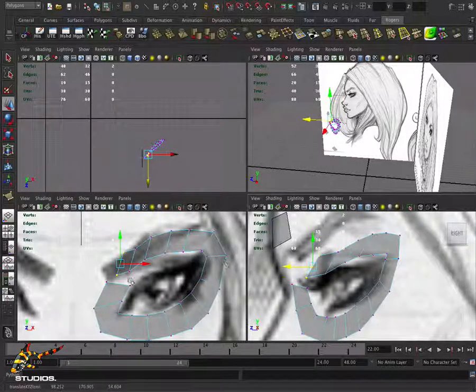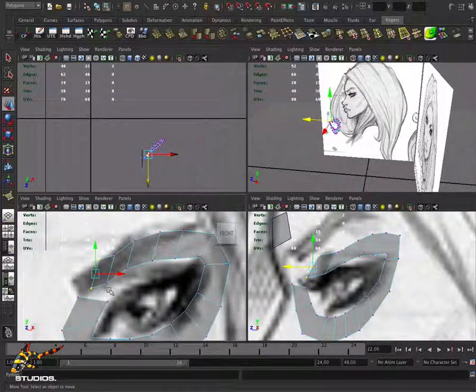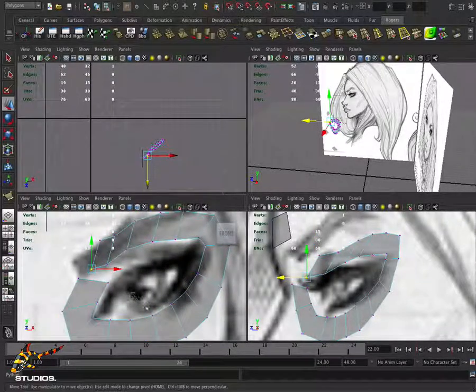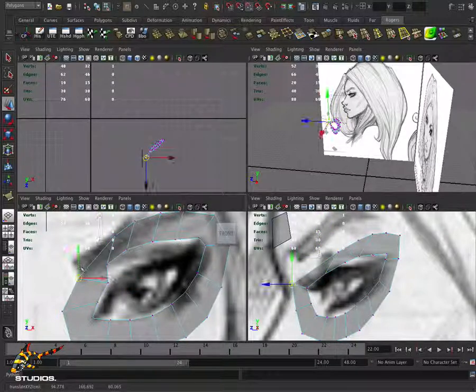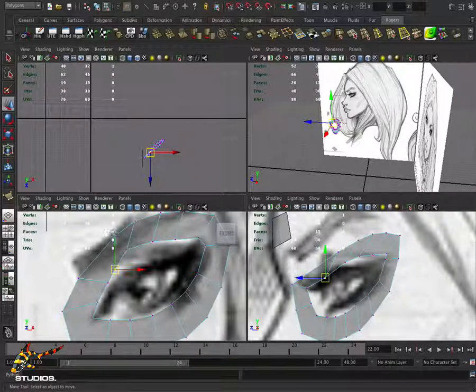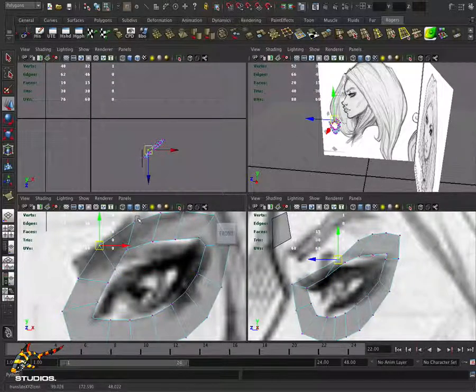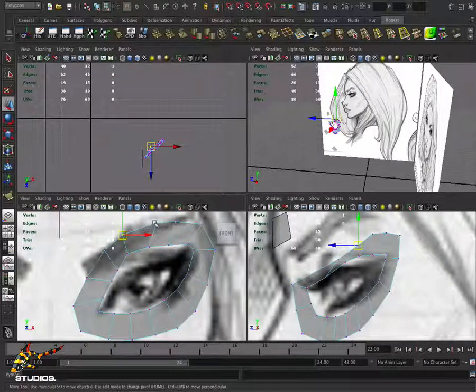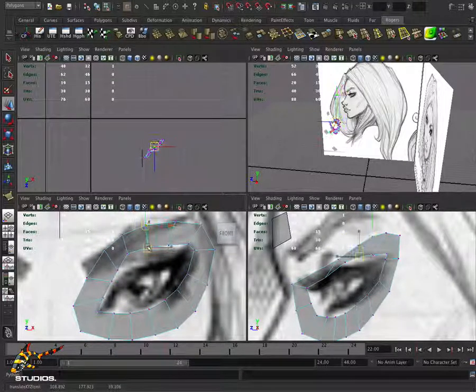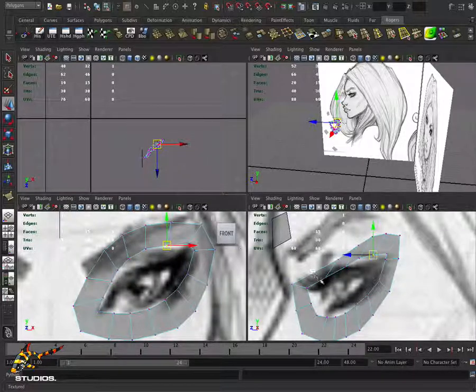So now it's just a question of making them all work together. So I'm just going to hit V, hold down V with my move mode. I can snap these vertices to each other. I'm just going to physically move those, move those. Move those to there. There we go. And in the front view,